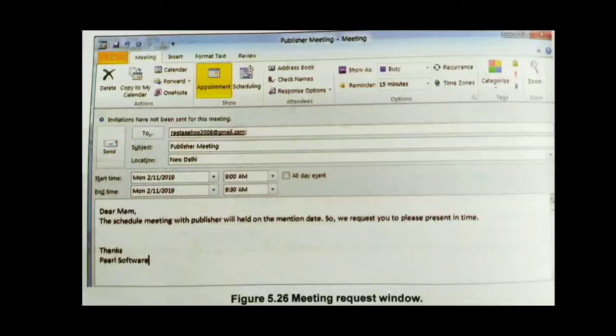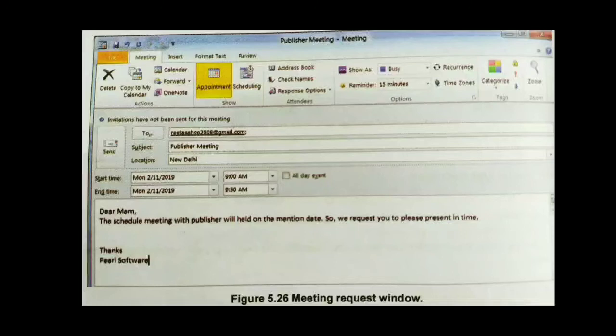You can see here it is shown by a yellow background because it is clicked, or it is its logo. When you look at your calendar, click on the New Meeting icon in the New group, or press Ctrl plus Shift plus Q. This will open the meeting window that you are seeing on the screen now. Here you need to enter the subject, location, start date and time, end date and time, and then there is a message body where you can type your message regarding your meeting.